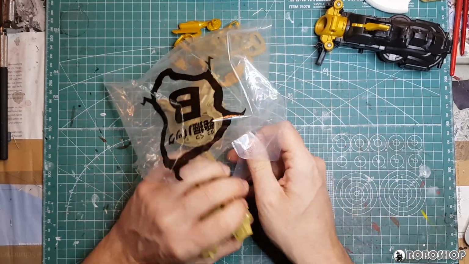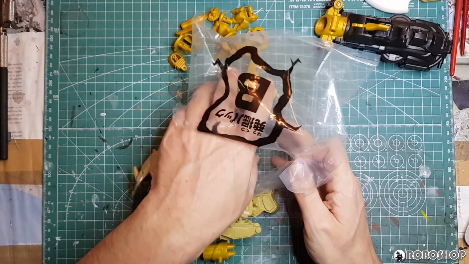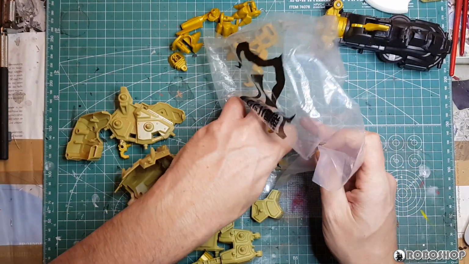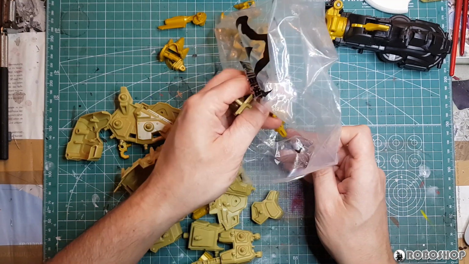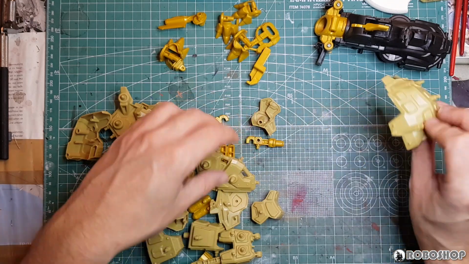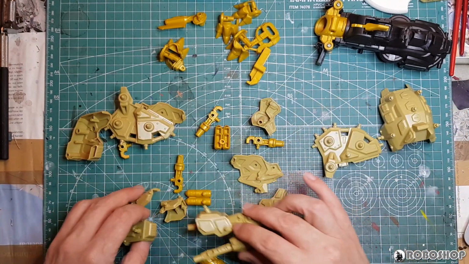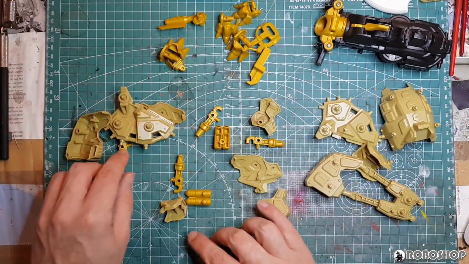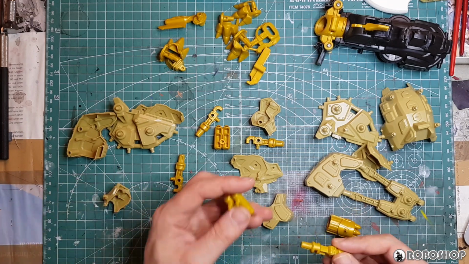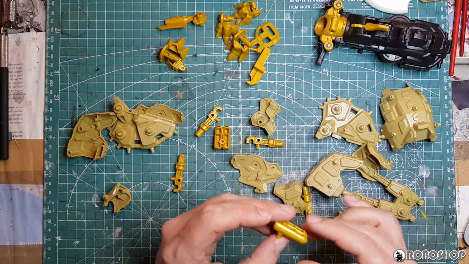Okay, seeing two different colors. I did not expect that, to be honest. Alright, so apparently, let's take a look at the yellow bits first. Apparently, the general premise of the color scheme is that the feet and the weapons, such as these...